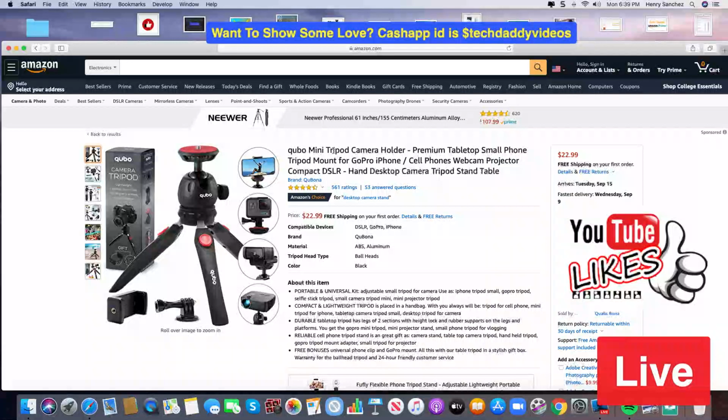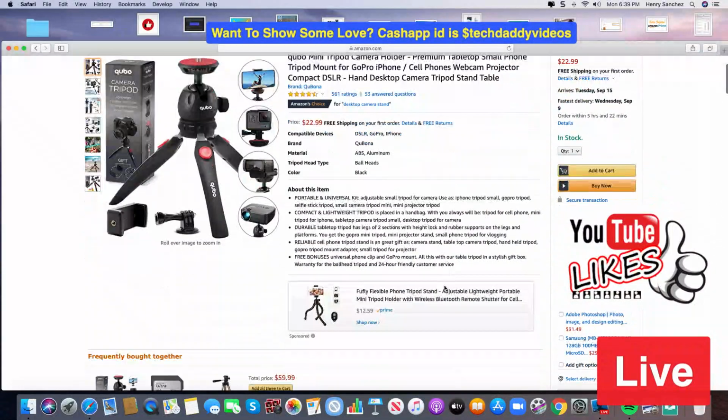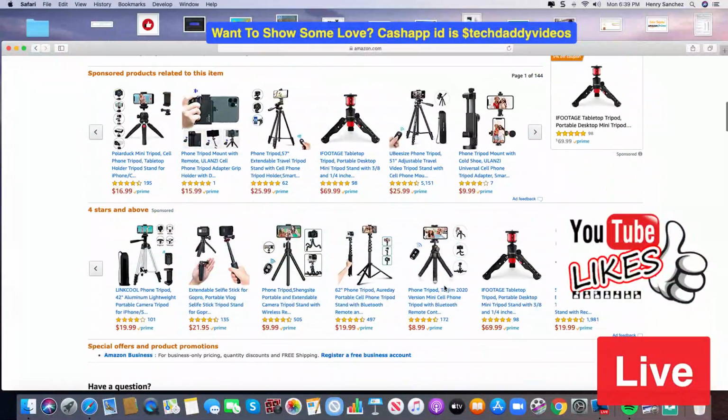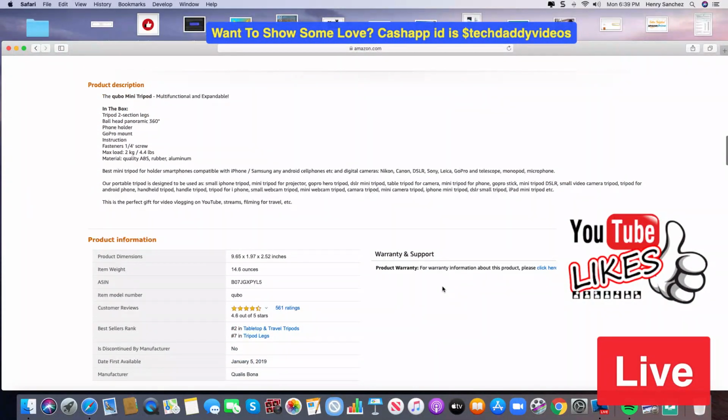As you can see right here, the company name, Mini Tripod Camera, there it is. And I don't see holder anywhere, but I'm sure that is probably here in the bullet points themselves. And then let's scroll down to the description. All right, and here is the description. As you can see right here, the product description, they put these in bold. That will really help you out too if you put them in bold just like that.